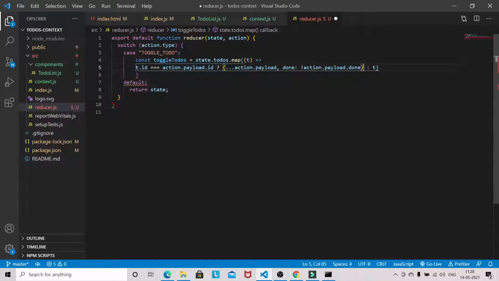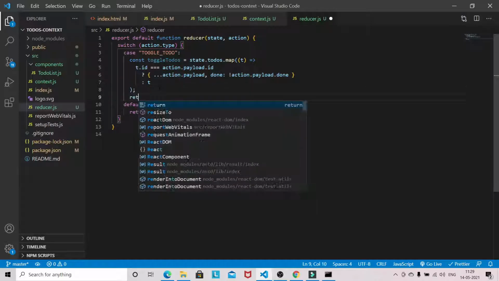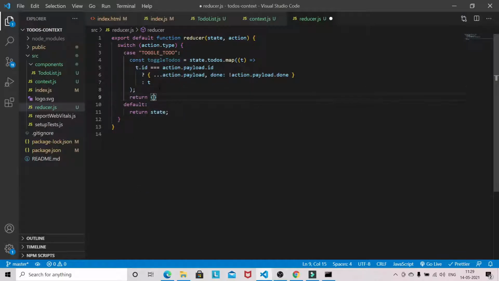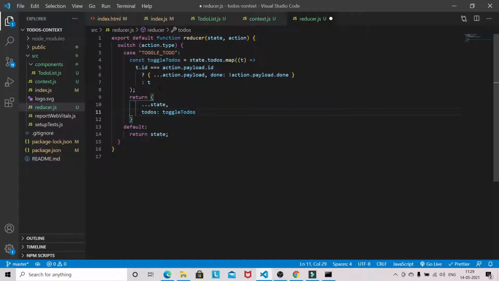Now we have to just return to do's and toggle to do's.